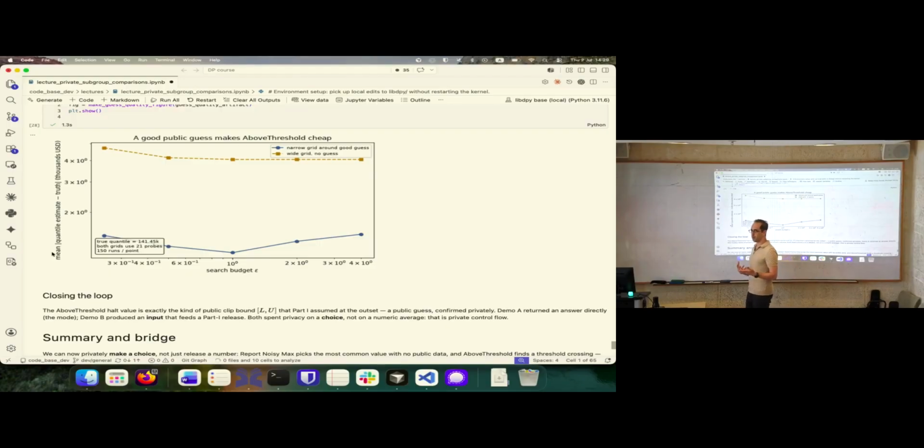For example, maybe you do report noisy max, and then you know which subsets of the population are bigger, and when you move on to the next step where you want to guess the size of the subsets, you already have a good guess because you did report noisy max a few times. You can always peel off a few subsets. So you did report noisy max: white people are the biggest cohort group in this population.